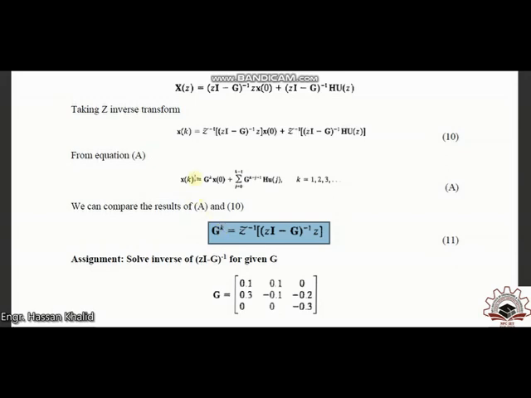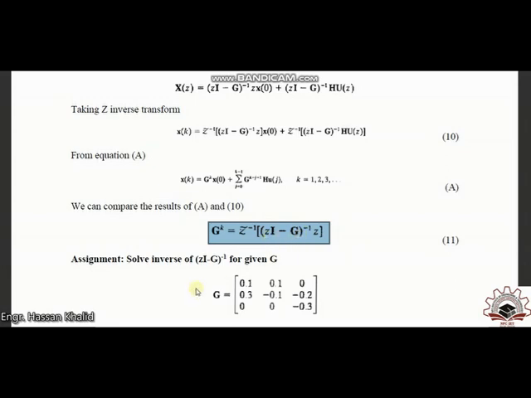Once again, whatever we did in method number 2 was really a long computation, but with the help of this z transform method, which is method number 3, you can easily find the value of your system fundamentals as well as the state transition matrix. If you have been given the G matrix, you can easily find G of k for any value of k from 1 onward, by simply taking the inverse of (zI minus G) whole inverse, that is equal to the adjoint of this factor divided by the determinant of this factor. So this is very simple.